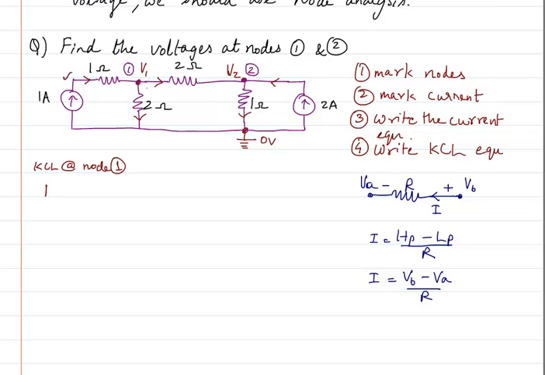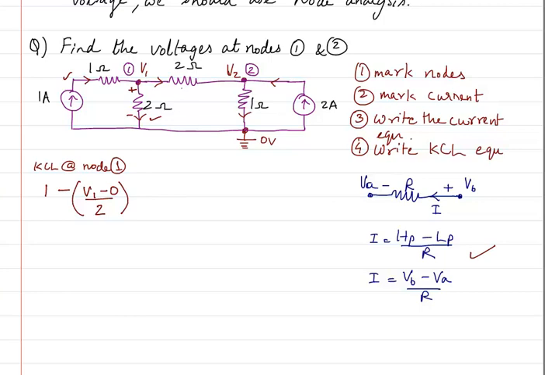Okay, now for the second branch, I will use this particular law that we have just now written here. This is outgoing, so I will write it as minus of, now it is important, the node voltage, which is higher and which is lower. As you can see, the current is moving from here to here, so this is positive and negative. So V1 is higher potential, V1 lower potential is the reference potential, which we already know as 0 volt, divided by the resistance, which is 2 ohms. So that is the current that is passing through this 2 ohm resistance.